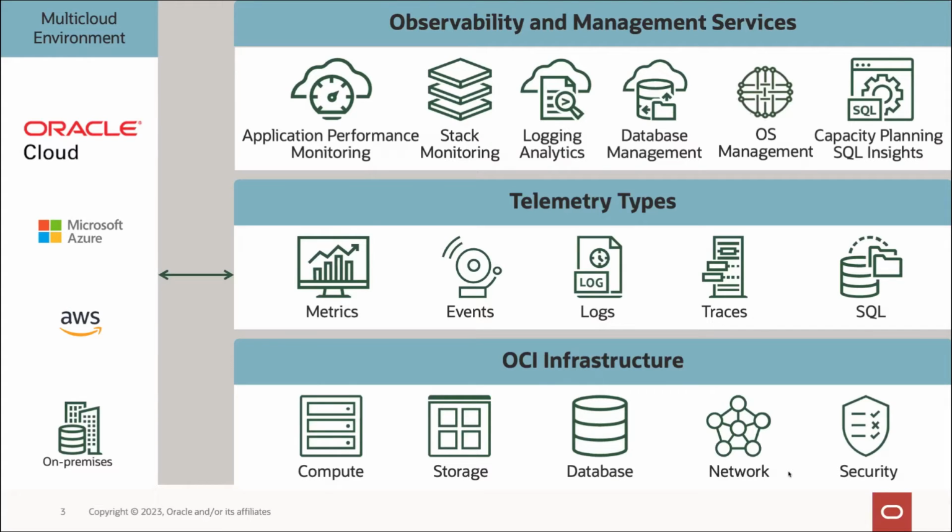And when it comes to our cloud observability services, we have APM, application performance monitoring, metric-based anomaly detection and monitoring, which is stack monitoring. Logging Analytics is the observability pillar for log management, able to get observability-related logs as well as any logs from customers' cloud infrastructure. Oracle is DB King. We offer multiple database management services like Database Management, Operations Insight for capacity planning, as well as for OS monitoring like Oracle Linux or any Linux environment. We offer OS Management as well.